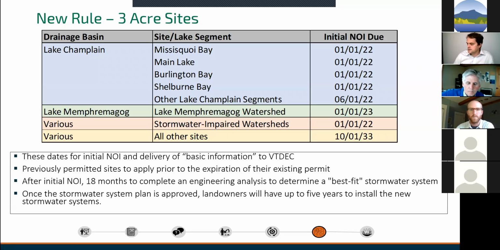Once that's submitted, there would be 18 months for the permittee to complete this engineering feasibility analysis to determine what is possible on the site. After that, there'll be up to 5 years to actually implement the stormwater systems. I think a lot of the nitty-gritty details are being worked on and would be produced by